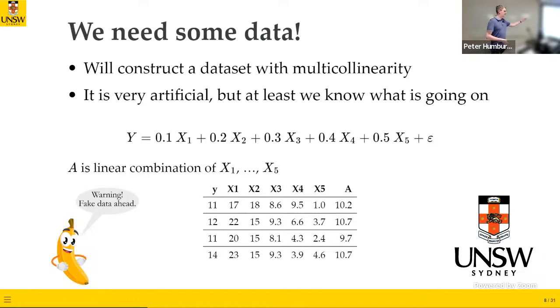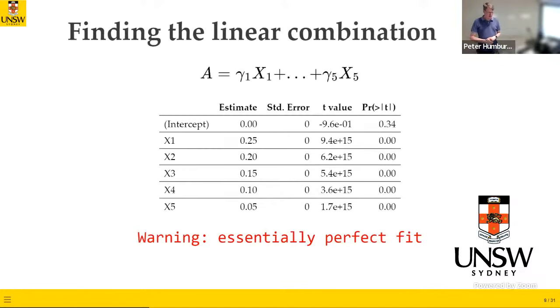And this is a little bit of the data. That's what it looks like. It doesn't really matter. Now, I haven't told you how I've made up A, but actually, if you wanted to and you had the data, it would be easy to find out, right? Because A is just a linear combination of x1 to x5. So you could go and fit a linear model, and it will tell you exactly